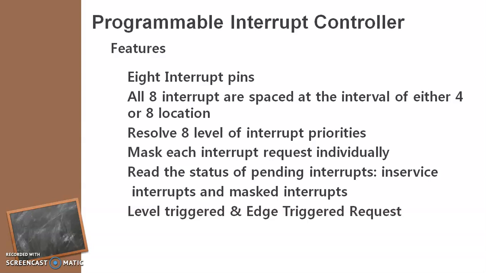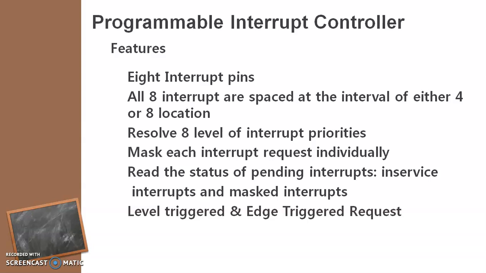An interrupt is one which needs the immediate attention of the processor. It could be external, or it could be because of a software program, or because of some internal execution error. In the case of 8086 there are two interrupts: one is the non-maskable interrupt, the other is the maskable interrupt, INTR. Non-maskable has the highest priority, so whenever a signal appears on the non-maskable interrupt, the processor will immediately pay attention to that source of interrupt.